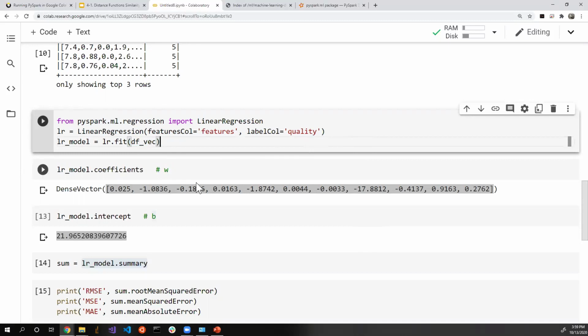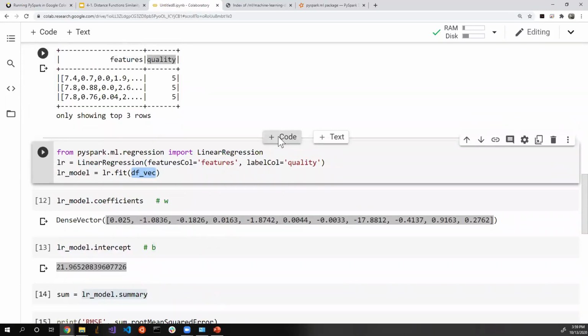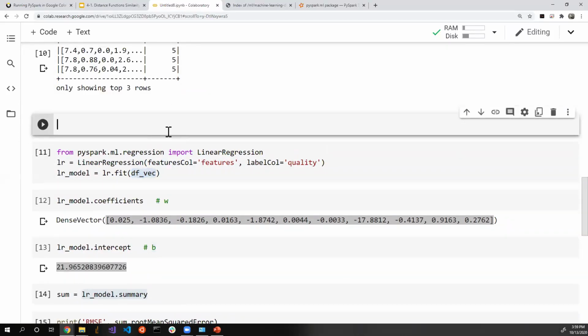Of course, this linear regression model has been trained on the entire data set, so the RMSE here is kind of biased, right? So for that, one trick that you can apply is to split the data frame into two, one for training and one for testing. And luckily, Spark already comes with that feature because it's very common to split the data set, right? So in the data frame, you can call randomSplit, okay? And then just specify how you want to split. So 0.7 and 0.3,